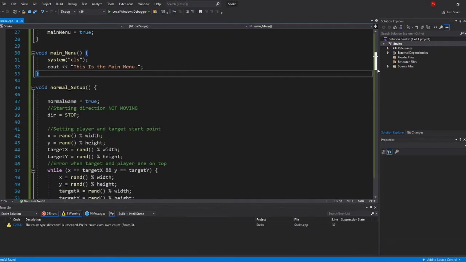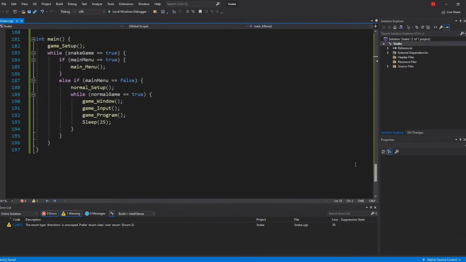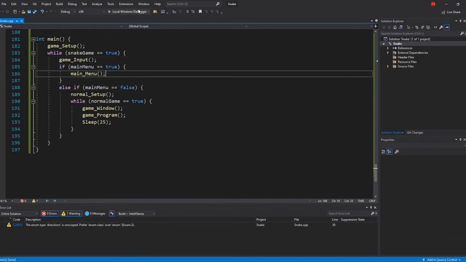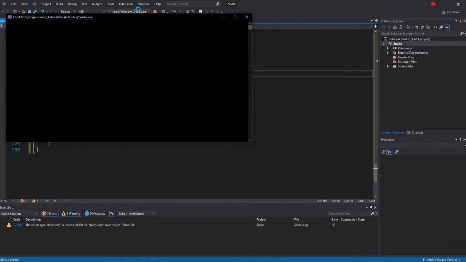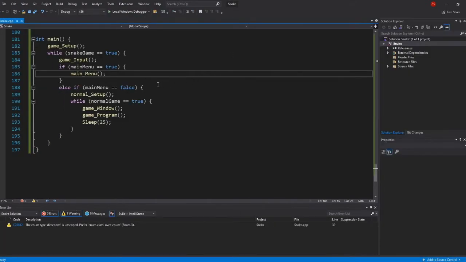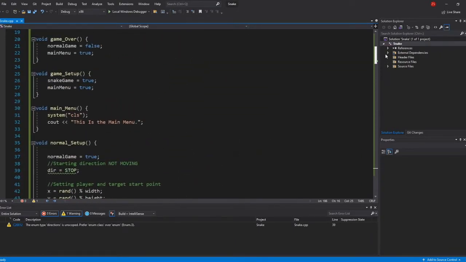And what we do is we actually put this whole game input in the beginning. And we're gonna run that while snake game is true. So look at this. And we'll put that whether main menu is true or false. So surely this would work. So this is the main menu. I can press enter. I cannot move my character though. When I press enter